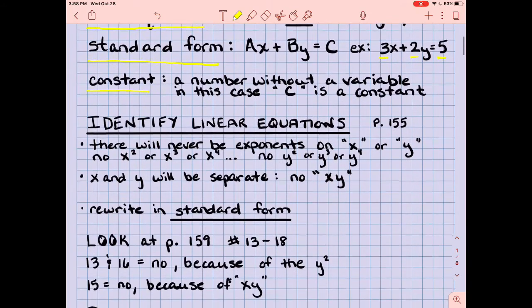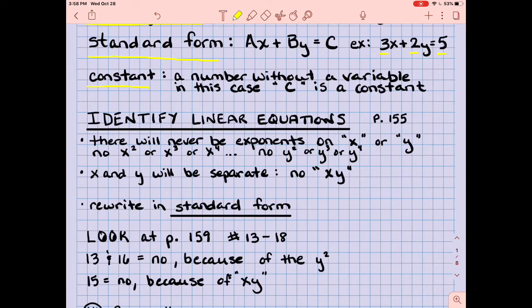Let's talk about how to identify linear equations. On page 155, you can see that there will never be exponents on the y or the x. There's no x squareds or x to the thirds or x to the fourths. There's no y squareds or y to the thirds or y to the fourth. Just plain old x and plain old y. And x and y will be separate. You won't see x times y. You won't see them stuck together. If we want to tell if something is a linear equation, we can test it by rewriting it in standard